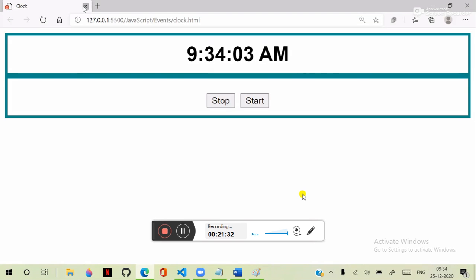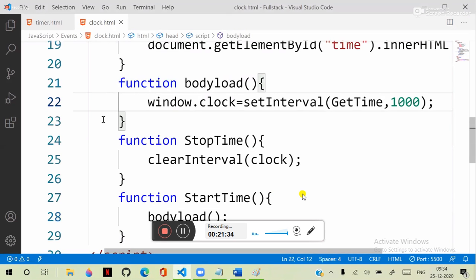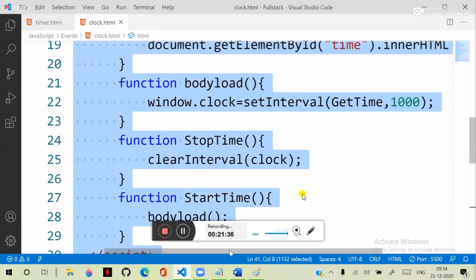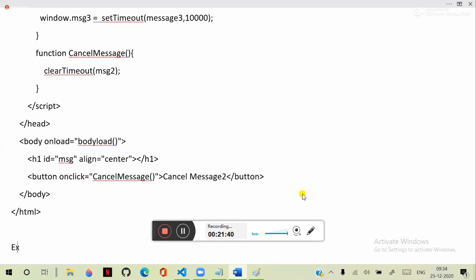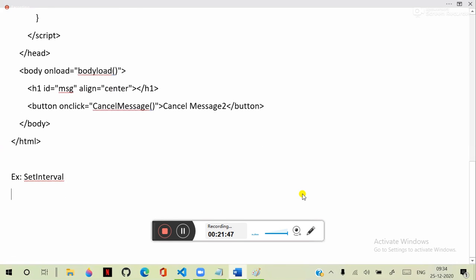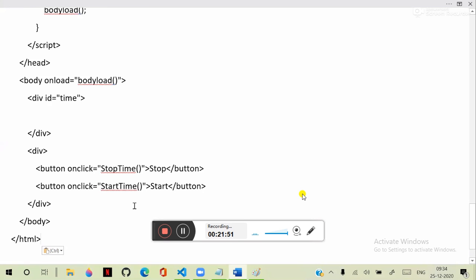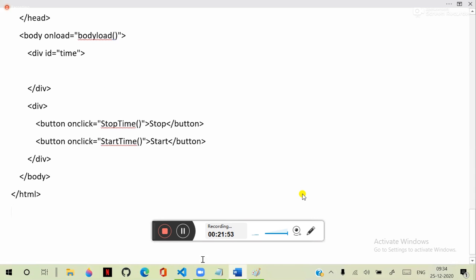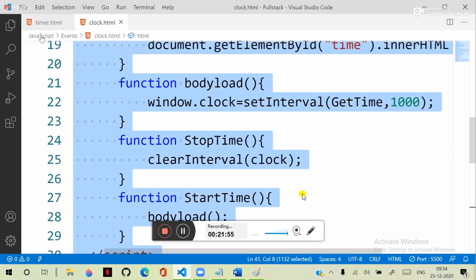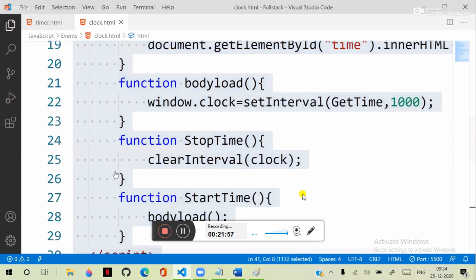For example, let's create one simple example to understand. This is a general example. Let's create one example for that. This is another example for setInterval. Let's see another one. So let's create one simple example for this. Suppose I am creating